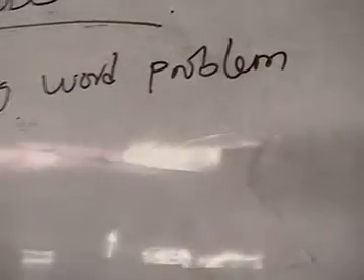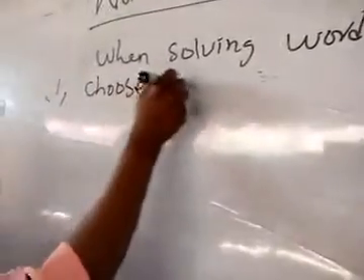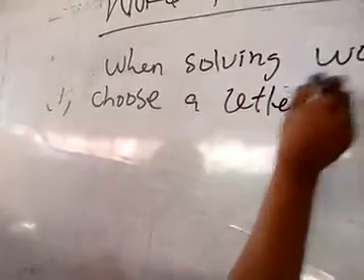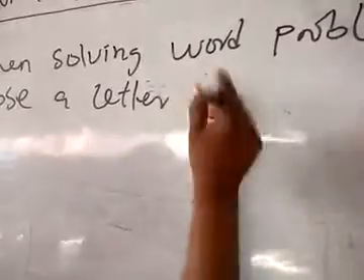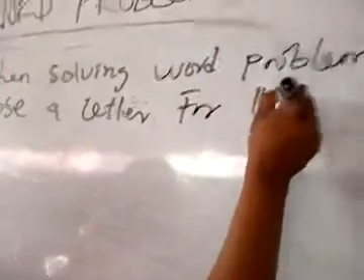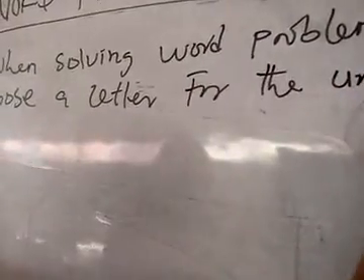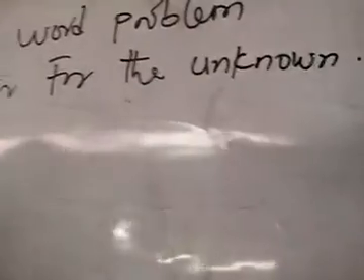The first step is to choose a letter for the unknown. You have to choose a letter to represent the unknown number. Number 2,